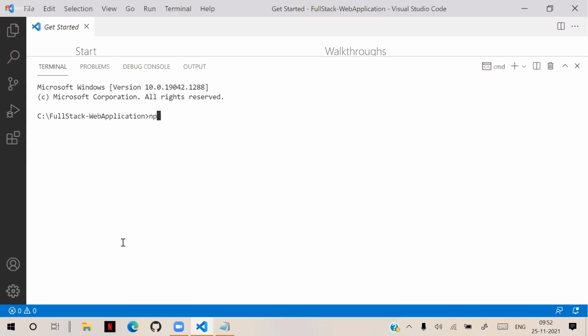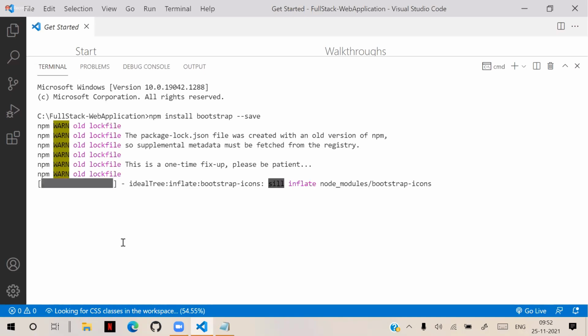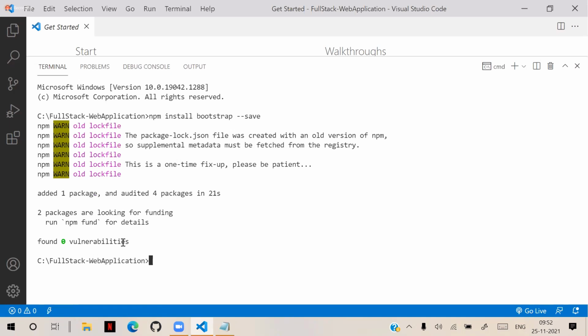So one is npm install bootstrap. Okay. Already we installed it. I am overriding one more time, right? Already we have installed bootstrap, we have to override that. Now bootstrap installed successfully. Okay, next we need another one,